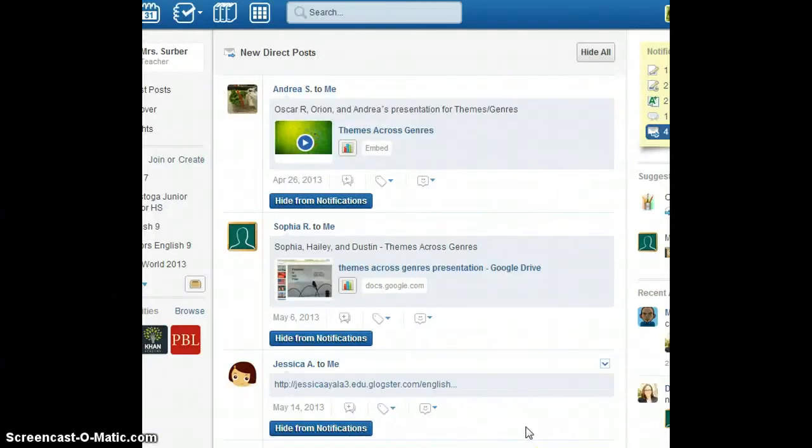Class time was devoted to students working on their presentations in their groups. Most groups used at least 3 different Web 2.0 applications in order to create their multimedia presentations. Once the presentations were completed, they were posted onto our Edmodo page so that they could be easily presented, all from the same source, and also so that students could return to the presentations whenever they wanted